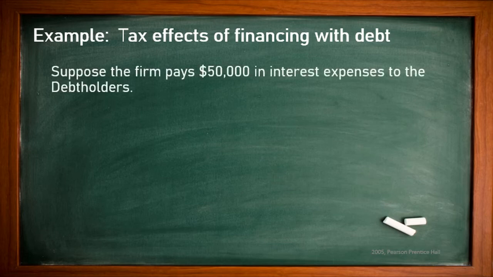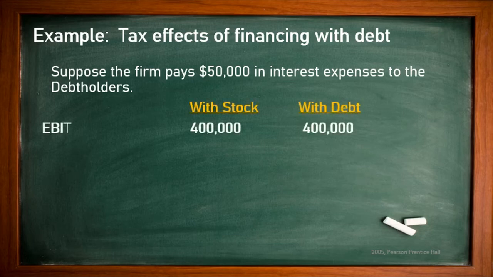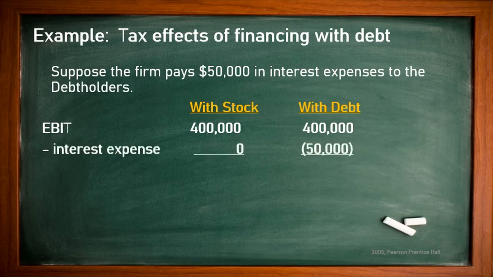Suppose a firm pays $50,000 in interest expenses to the debt holders. Suppose we are analyzing the company. In the income statement, after getting profit, we have earnings before interest and tax, known as EBIT. When we reduce interest expenses, a stock-based company will not pay any interest to stockholders, because interest is paid only to bondholders. So if it is a bond-based company, as we explained, here we are paying 50,000